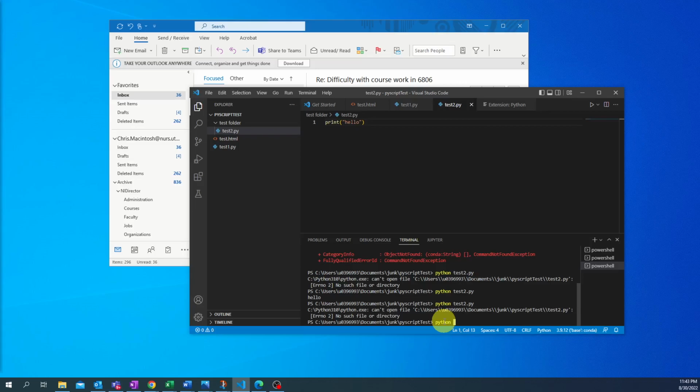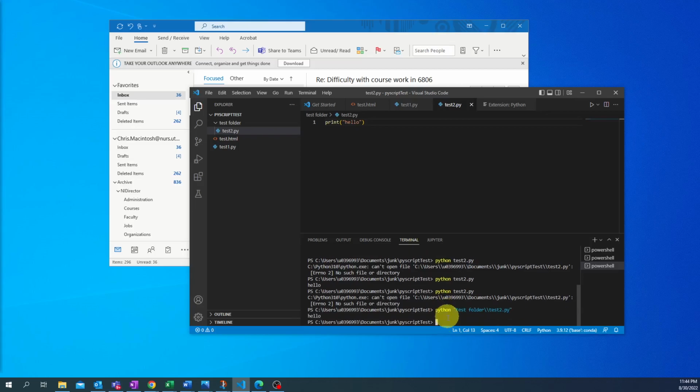So I'm going to call this, and you'll notice that I did have a space in that test folder name, so I needed to put that in quotes. But I did tell it that this just added the directory, the folder for the file, and